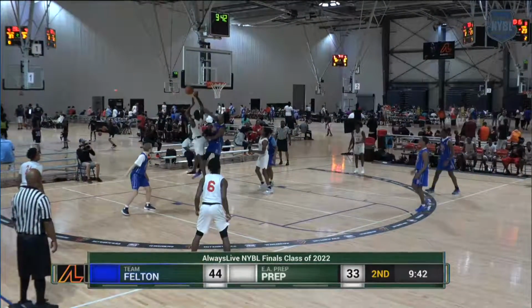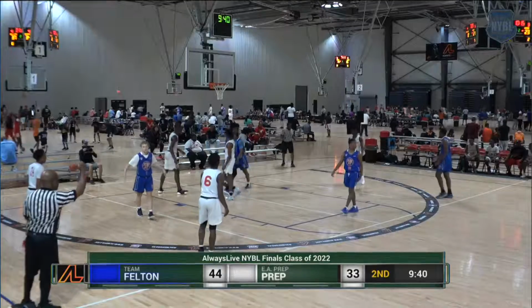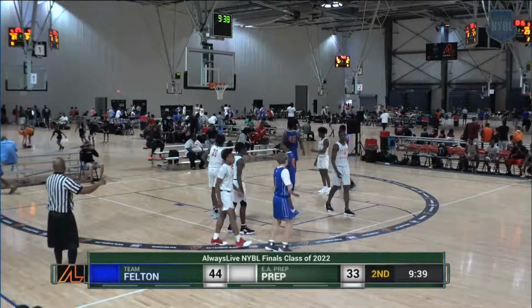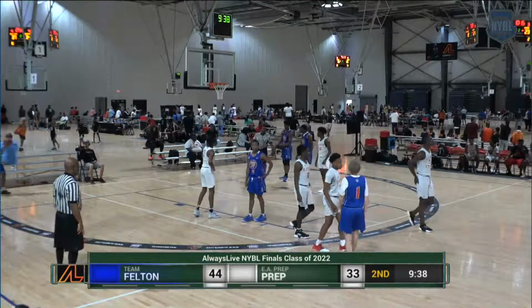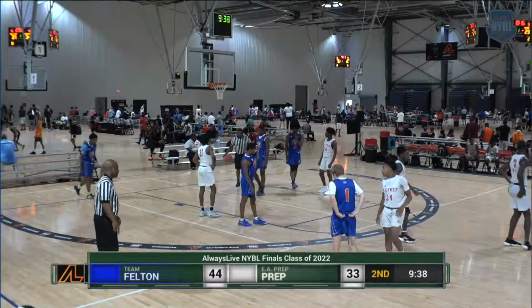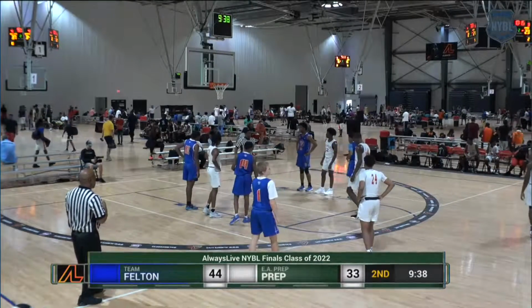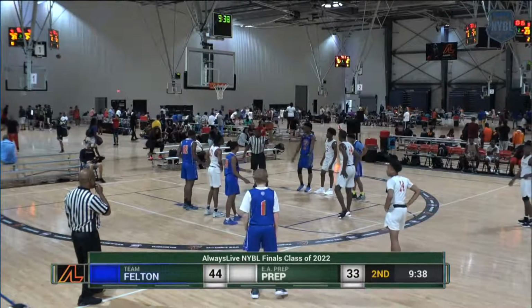Magnus hesitates, feeds inside, a foul. It'll send James Pierce to the charity stripe. Yeah, James Pierce, his influence needs to be felt a little more in this game. He's a guy, obviously, that we were told to look out for, and he's got the physical frame. He's got the talent. He's done some good things out here, but now's the time in this last 10 minutes,